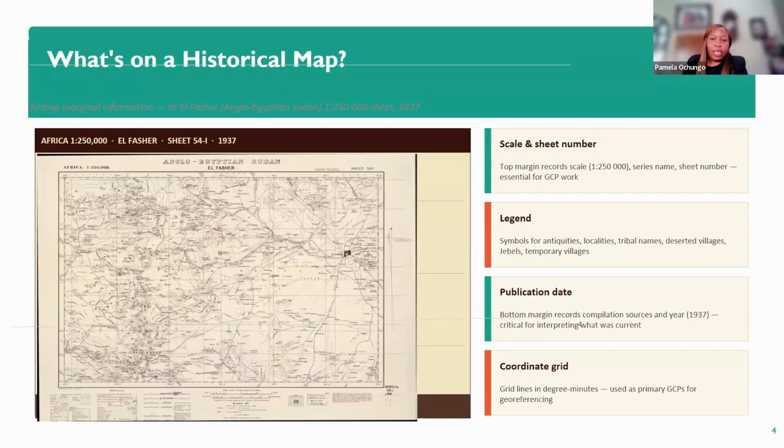So Azade has already talked about what is on a historical map, so I won't dwell too much on that. But before we get to those maps of ours, it is worth pausing on what a historical map actually contains, essentially what you should examine or look out for before you start digitizing or georeferencing anything. This example is an El Fasher sheet, the Anglo-Egyptian Sudan, which is based on a 1:250,000 scale from 1937. It's not one of our maps, but it shows features you'll find on almost any colonial